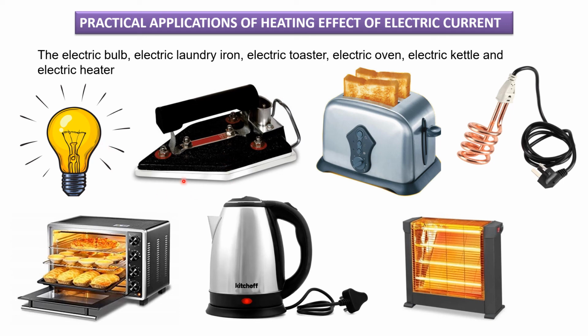And this is the electric iron. What you have seen, the current is passed and this will become heated up. And here also, when current is passed, this one will be heated up. The bread toaster, and here also it becomes heated up, and we can use it to boil the water.